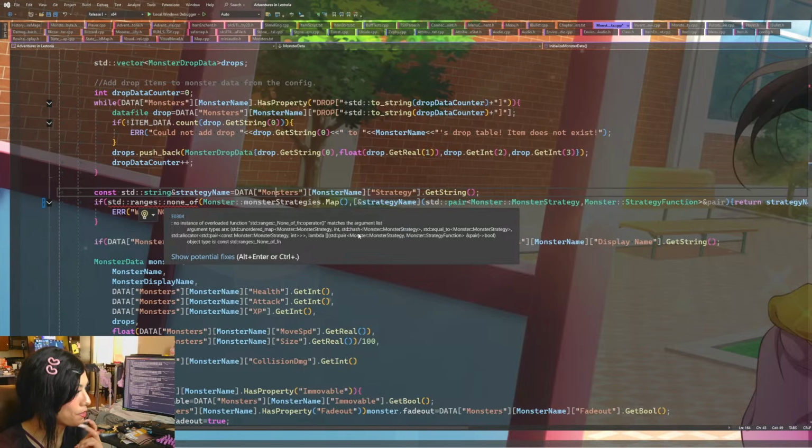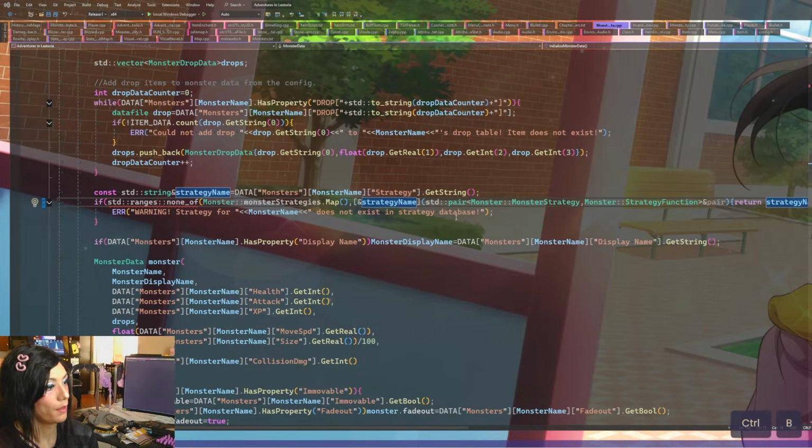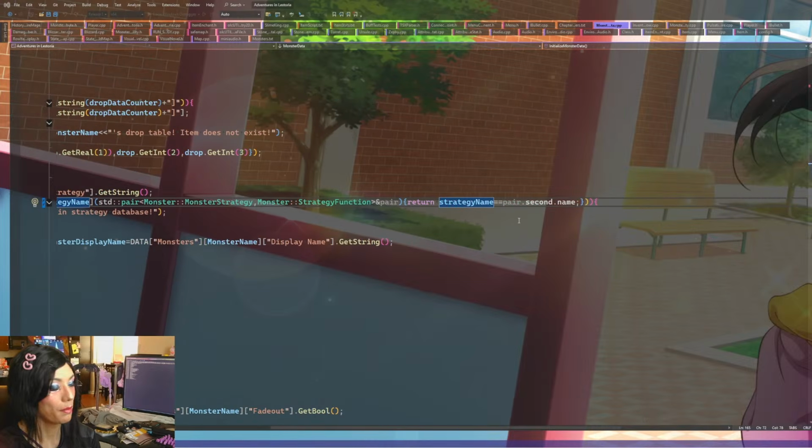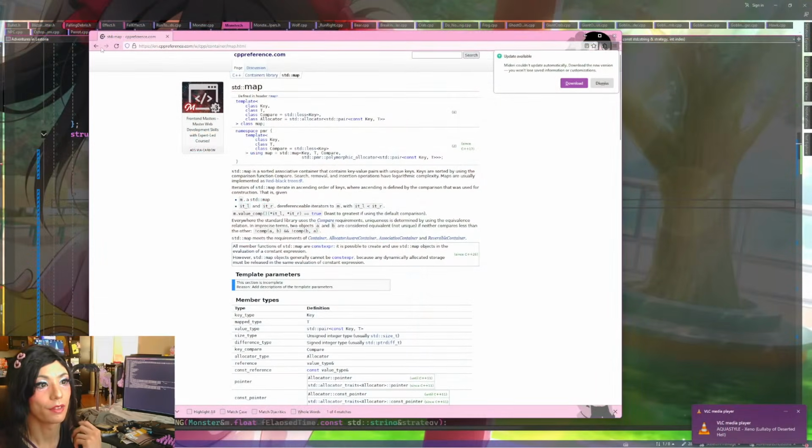So argument types are standard unordered map, and a standard equal to with a lambda. Object type is const standard ranges none of function. Yeah. Let me see what the template error says. That'll probably be more helpful here. Am I missing something else for none of?